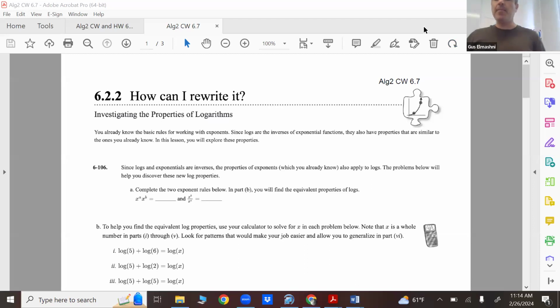All right, so we're going to talk about logs again. This unit is going deeper with logs. We're going to start solving equations that have logs. We're going to start solving exponential equations that look kind of crazy. We have to use logs. We're going to be combining several log expressions to condense or simplify them so we can easily do these